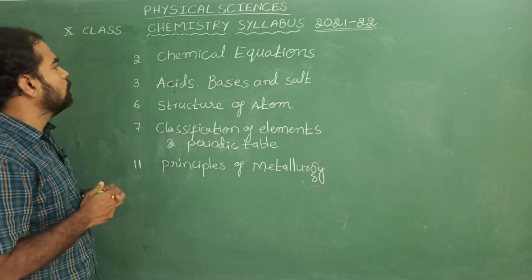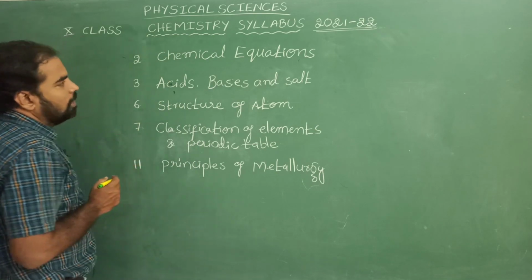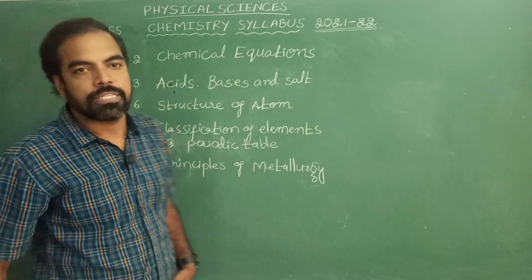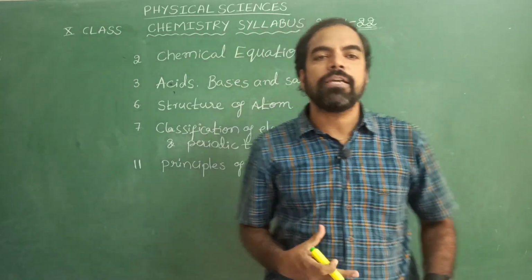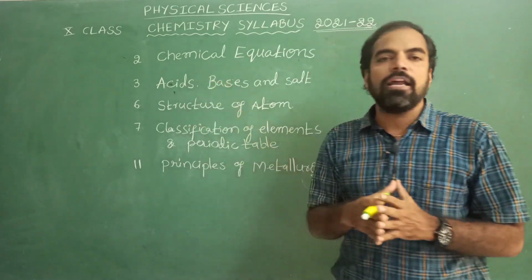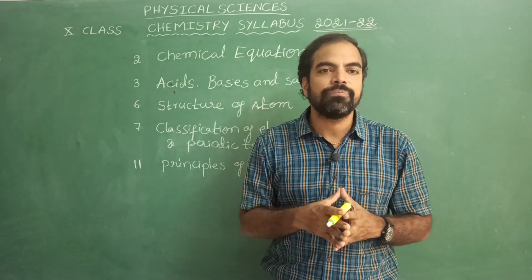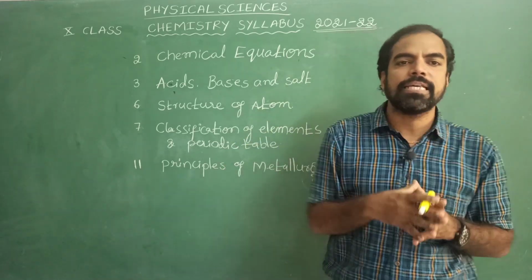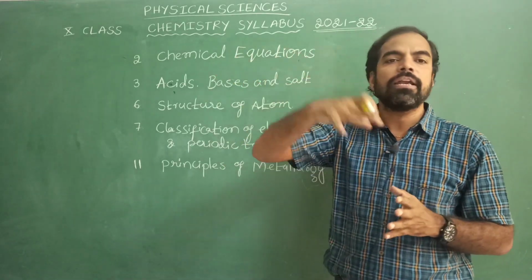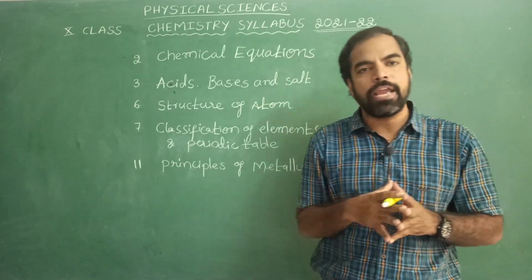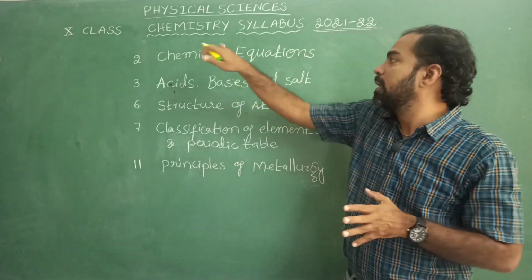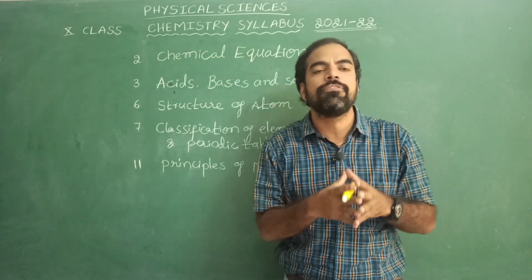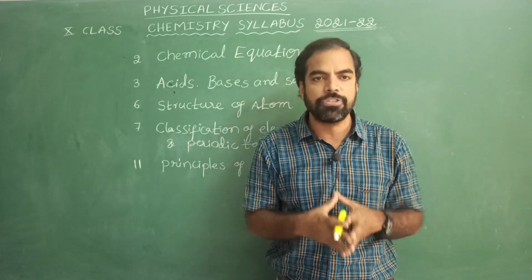Okay students. So in our 10th class, the first chapter in chemistry is chemical equations. So what is meant by a chemical equation? Students, in 9th standard we learnt atoms and molecules and what is inside the atom. In those lessons we already discussed chemical reactions and the types of chemical reactions. So in this SSC chemical equations chapter, we are discussing so many different examples of chemical equations.